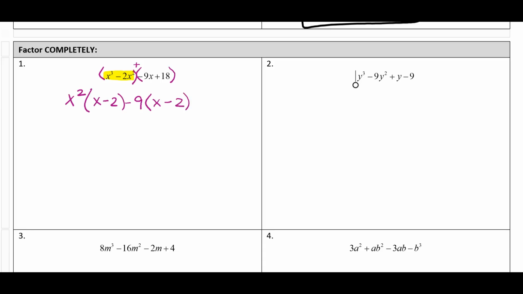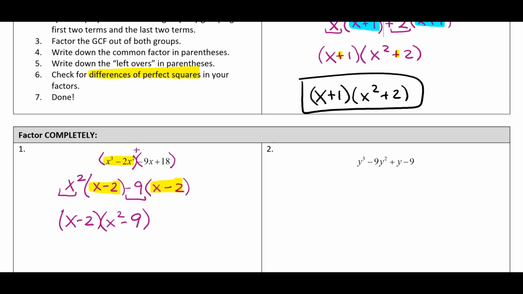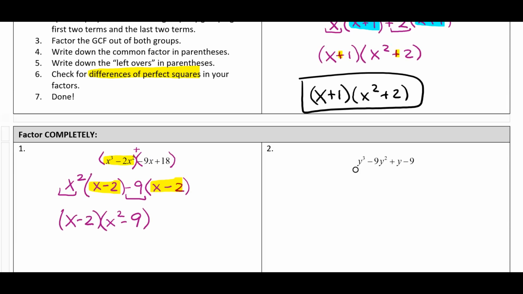So notice our greatest common factor between the signs is x minus 2. So we're going to write down x minus 2, and then we're going to write down the leftovers. So our leftovers are going to be x squared minus 9. Now, if you remember up here, once you write the leftovers down, we have to check for differences of perfect squares. So right here,